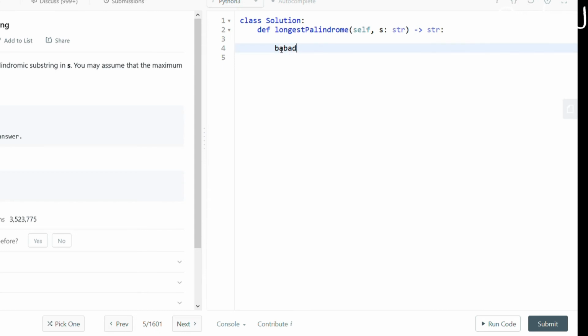So that is why I was initially here, my left was here, my right was here, but they did not match. So I need to just shrink it a little bit by one step. So my left will come back here. I just increase the left by one and I'll decrease my right by one. Okay, so I'll just come back to the original string.